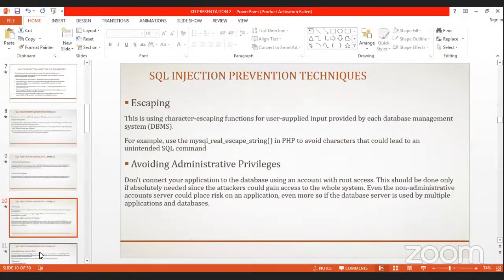fused with the SQL statement provided by the developer. So the escaping character function helps in differentiating an injected SQL statement from the one the developer has written themselves. An example of this is mysql_real_escape_string, and in PHP it is used to avoid